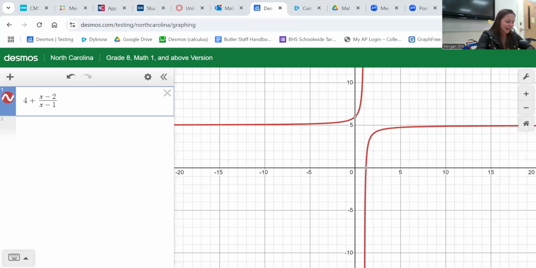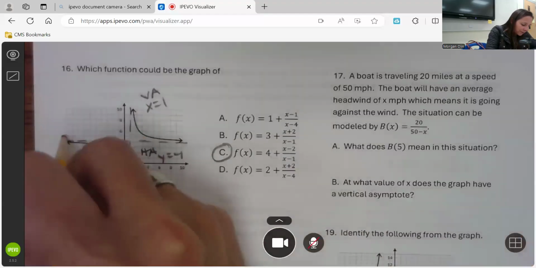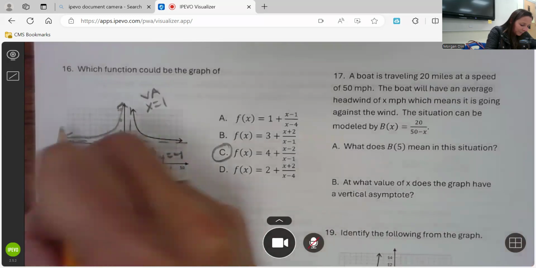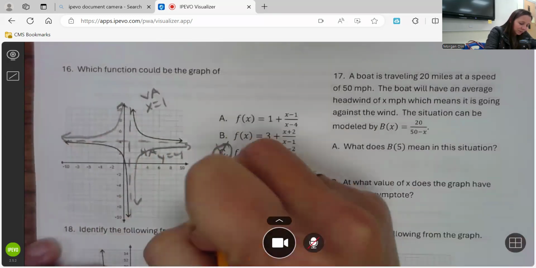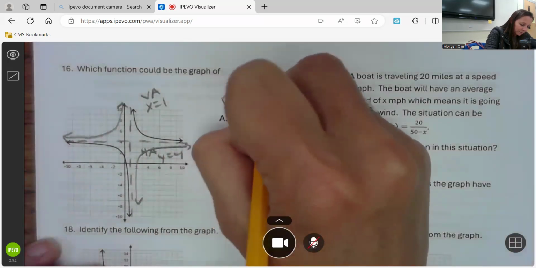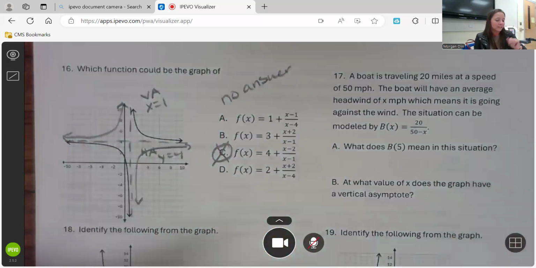All right, this is actually opposite. Our graph went like that. So there's actually no answer to this right here. So sorry, C is not the answer. Always graph it to make sure. All right, and what's actually happened is it's,